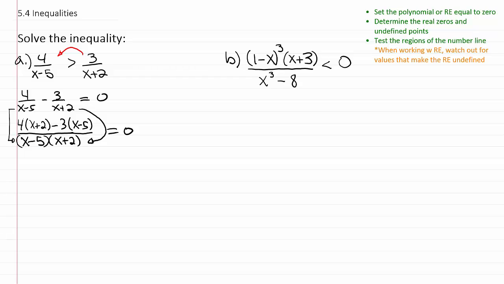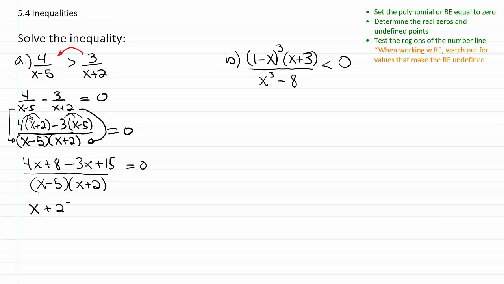Now, if we distribute on the top here, we'll end up having 4x, right, plus 8 minus 3x plus 15. And all of that will be over, again, that LCD of x minus 5, x plus 2. When you combine like terms on top, you end up with just x plus 23, right? Because 8 plus 15 is indeed 23. And on the denominator, you have x minus 5 and x plus 2